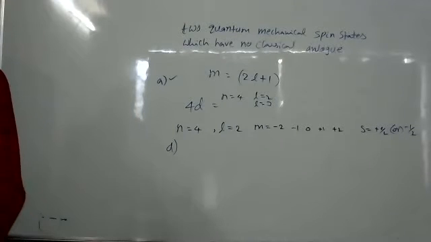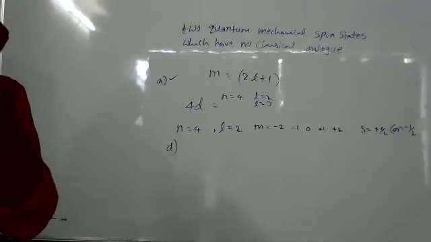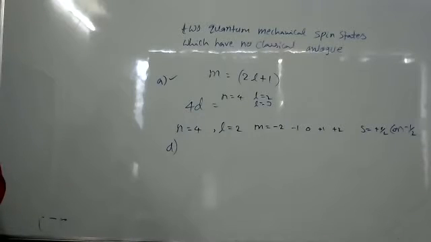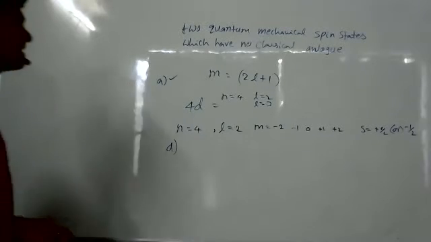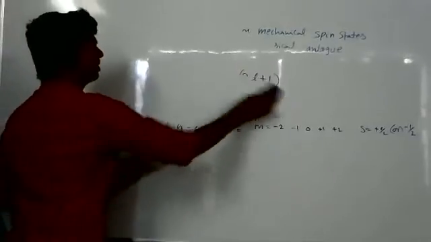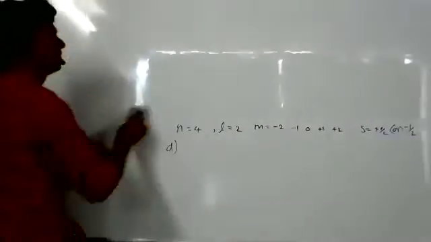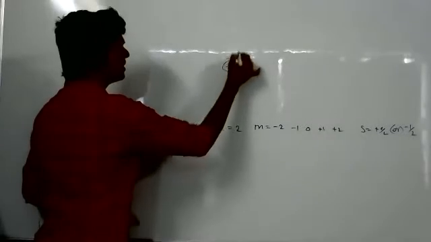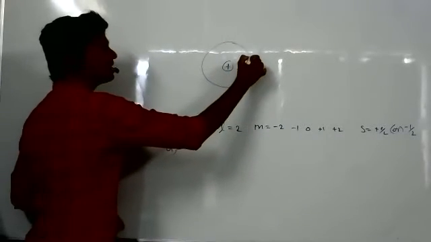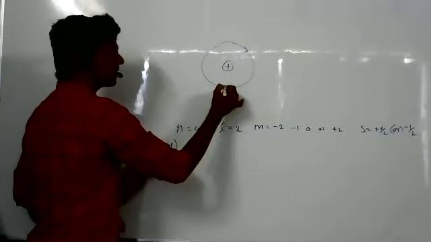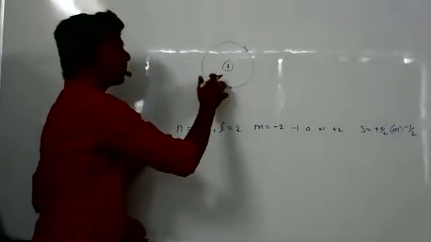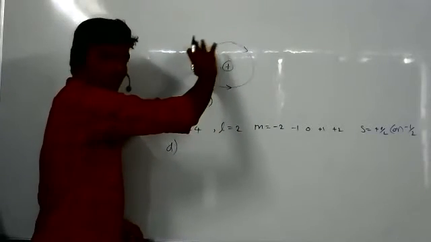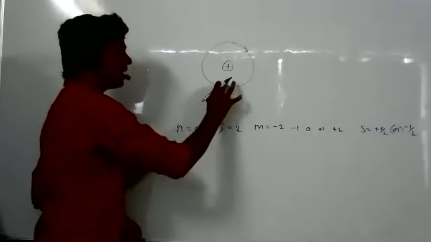Sir, what's the answer for the 56th question again? 56 is D. So why is it not A? Rotation of electron in clockwise and anti-clockwise direction. There is spin, but they're saying rotation. So in option A, that meaning is this is orbit. Here one electron is moving in clockwise direction and another electron is moving in anti-clockwise direction. That is the meaning of option A. But actually, however the electron may move, clockwise or anti-clockwise, that is called revolution, sir. Yeah, actually the electron has spin, right?